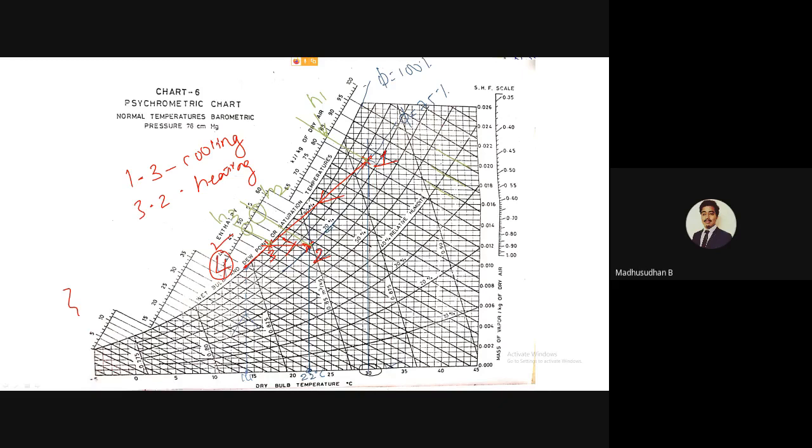Now you want the omega 1, omega 2 and omega 3. What are these omega? Specific humidity. How do you calculate it? So just check where these things are on the psychrometric chart. So on the psychrometric chart, it is here, correct? All these are omega values. Okay, so omega values you have to extend horizontally like this. So this particular value would be your omega 1, okay? And omega 2 is equal to omega 3, correct? So if you extend this, this particular value would be your omega 2, which is equal to omega 3. So this is how you extract your values from the psychrometric chart.